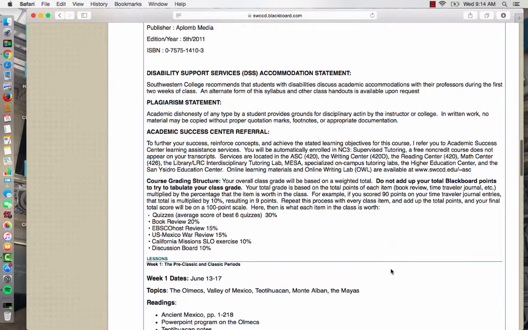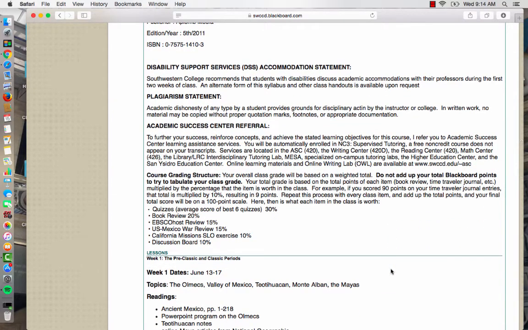Here's the course grading structure. Everything's pretty much broken down on a fairly even plan. Quizzes will count the most in the class. I'll talk more about the quizzes in just a bit. We've got one quiz coming up very soon. I'll talk more about that a little bit later on in this video. And then the assignments. I'll talk more about the assignments when I open up the assignment section in just a few minutes.